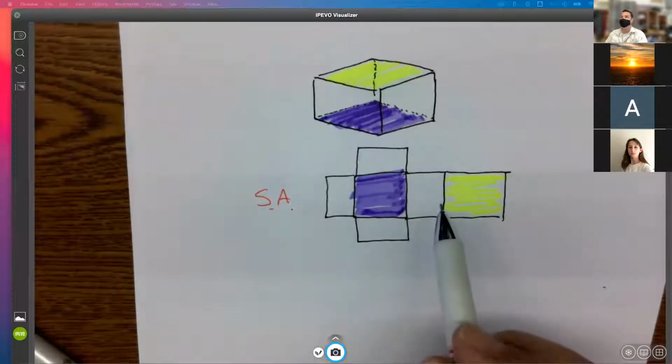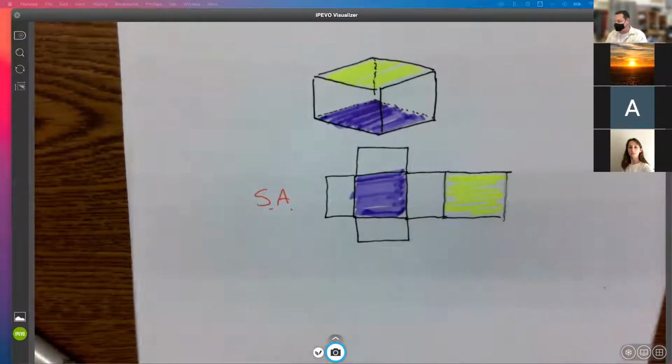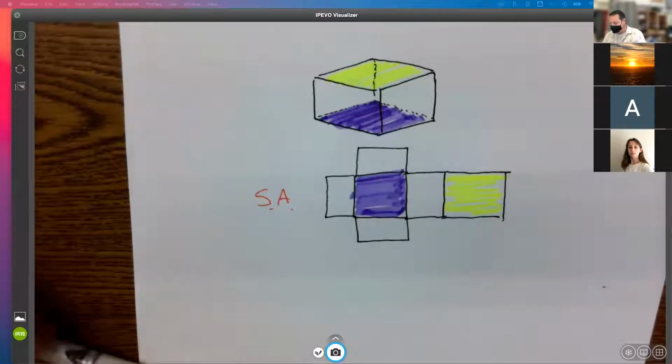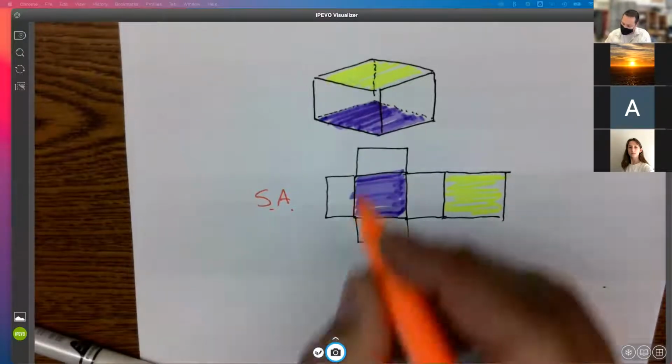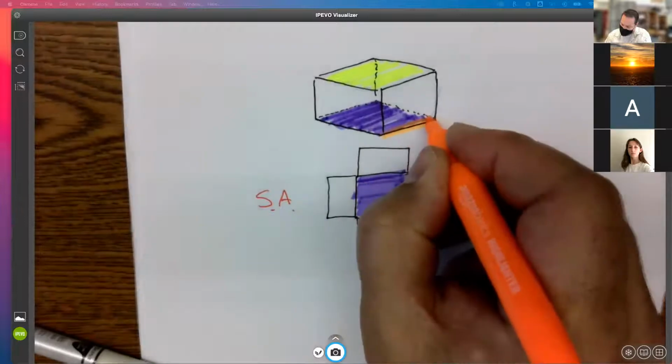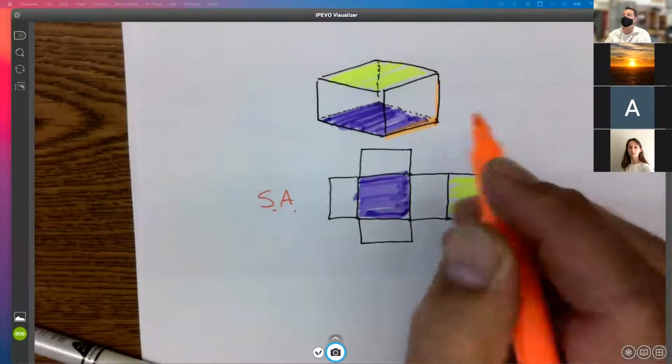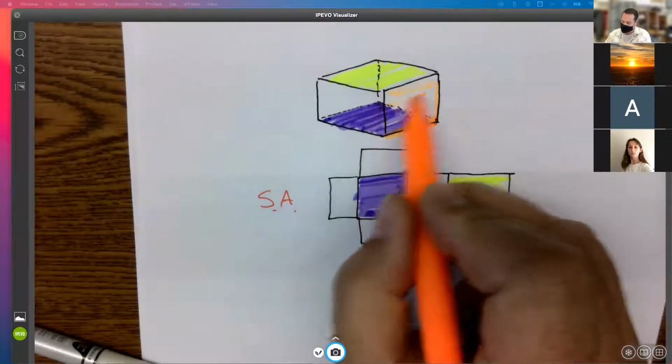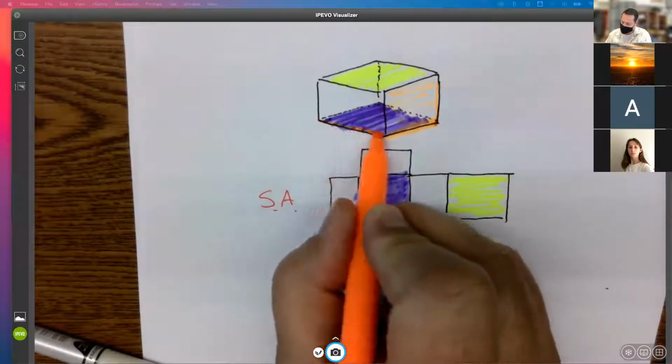So if we wanted to, we could find the surface area of a prism by breaking it into these components. And what we talked about last class is that that's not a very efficient way to do it. Instead, what we could do is recognize that length times width gives me an area. So that would give me this area. And then if I did that again for this side,